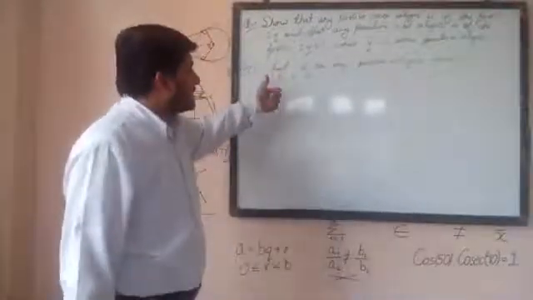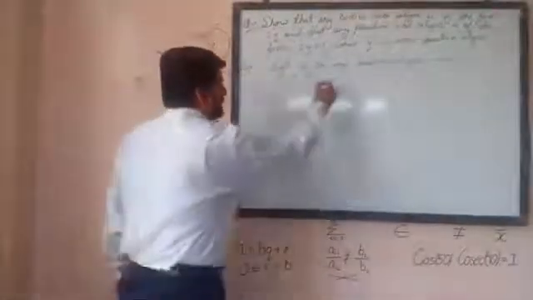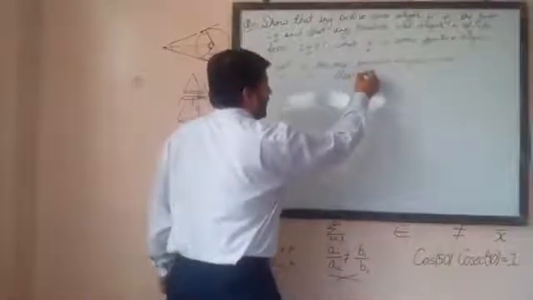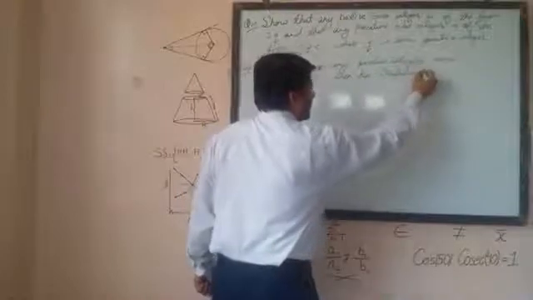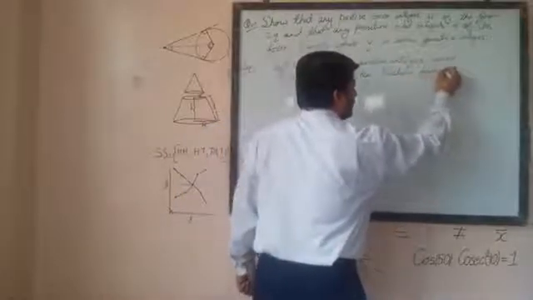Now if A is any positive integer and B is equal to 2, then by Euclid's division lemma,